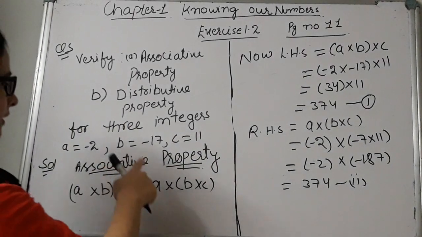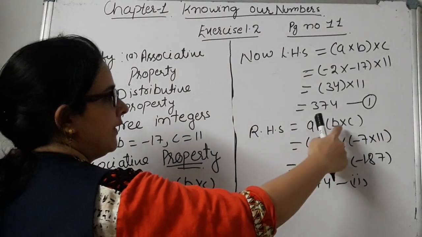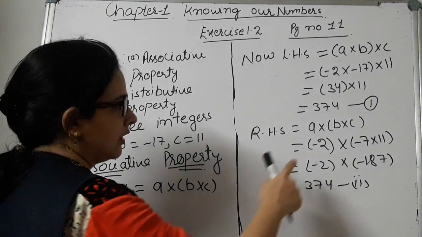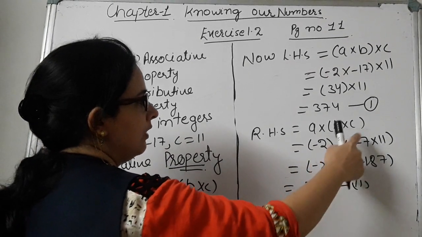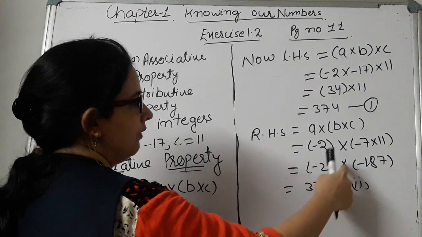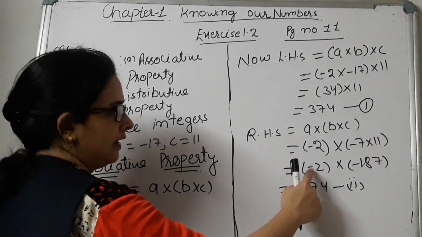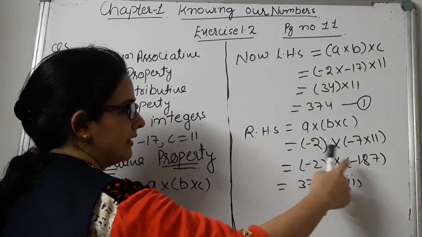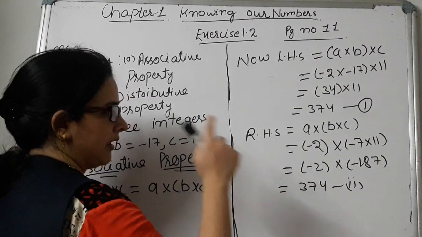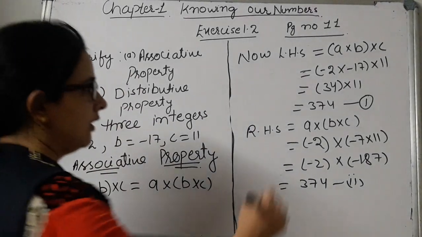Second equation is A into (B into C), meaning we will multiply B into C first. Now A is -2 into (-17 into 11). So it is -2 into -187. Again you will see here the signs are the same. Minus into minus is plus. 187 into 2 is 374. Now from